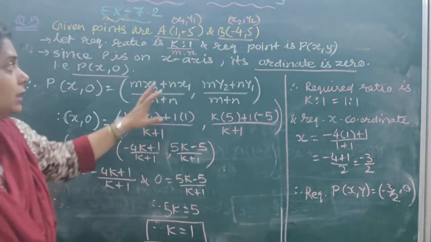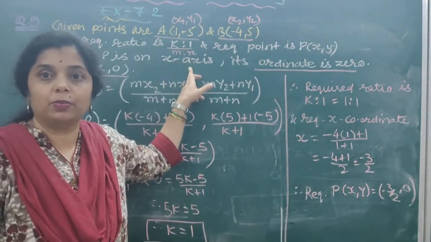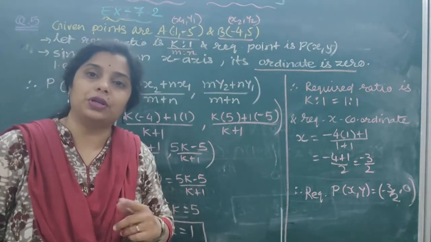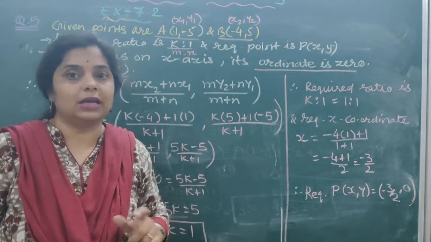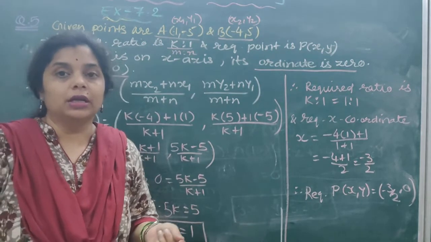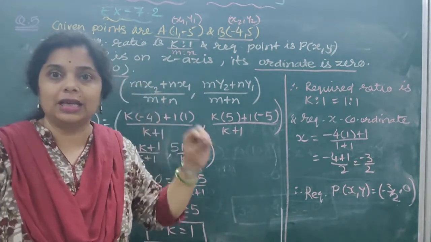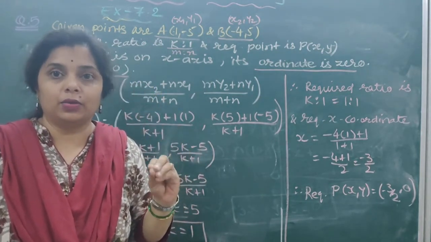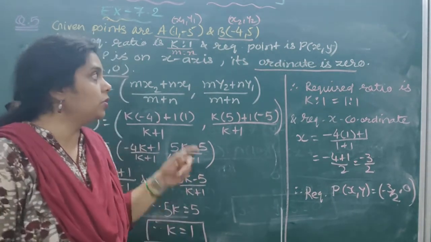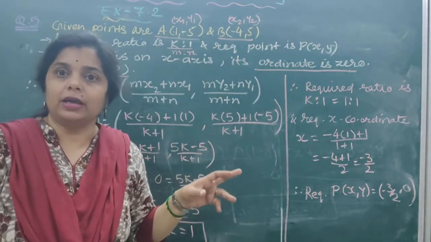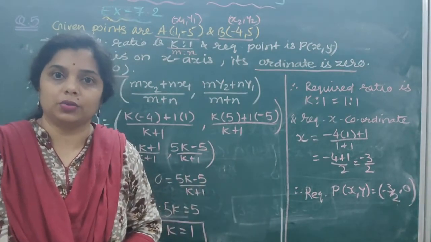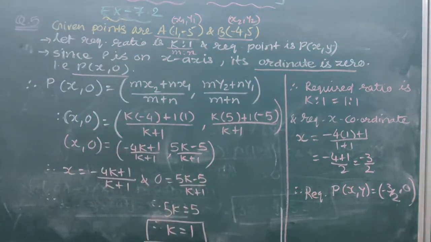Like this, if it is asked to find the point which intersects the y-axis, in that case you have to take the x coordinate as 0, which means the abscissa is 0. So minor variation may be there in the examination. It is not necessary that the same data with the same requirement is asked. It may change, a minor change will be there. So you have to take care of that, and by using the formula and methodology you can solve the question. Okay, let's do the next one.